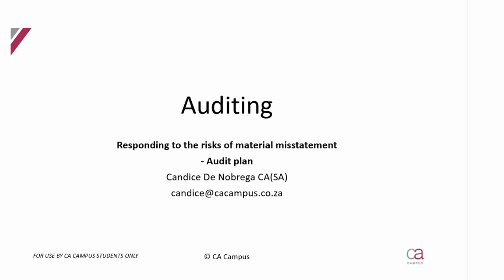Guys, and welcome to the last lecture for this part of the syllabus, responding to the risks of material misstatement. And we're doing that at two levels, at a financial statement level and an assertion level, and then the response at the assertion level is going to be the audit plan. Okay, so everything we've done to date is so important in coming up to this response, because we've got to use all the information we gathered about the client, all the planning work we've done so far to help us determine how we want to respond to the risks we've picked up.